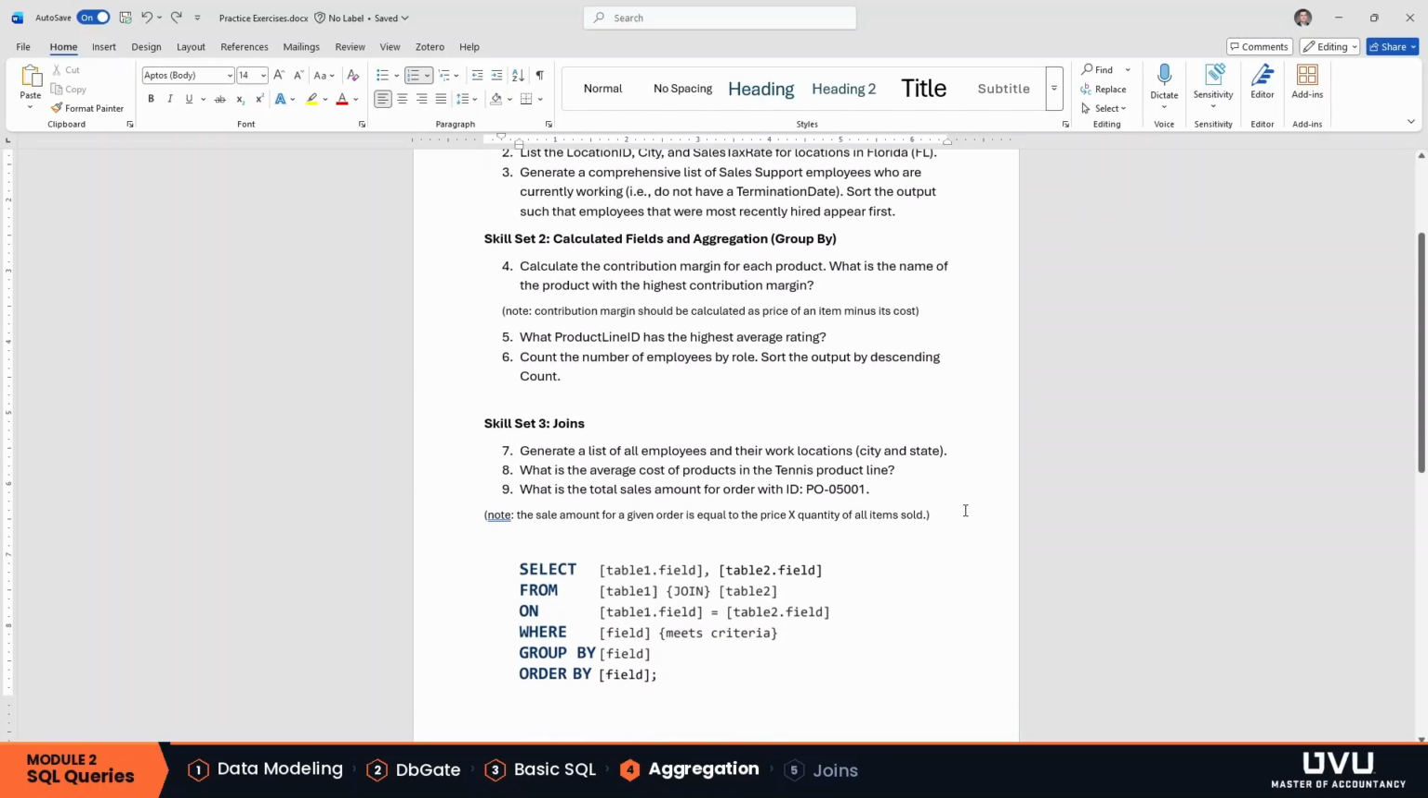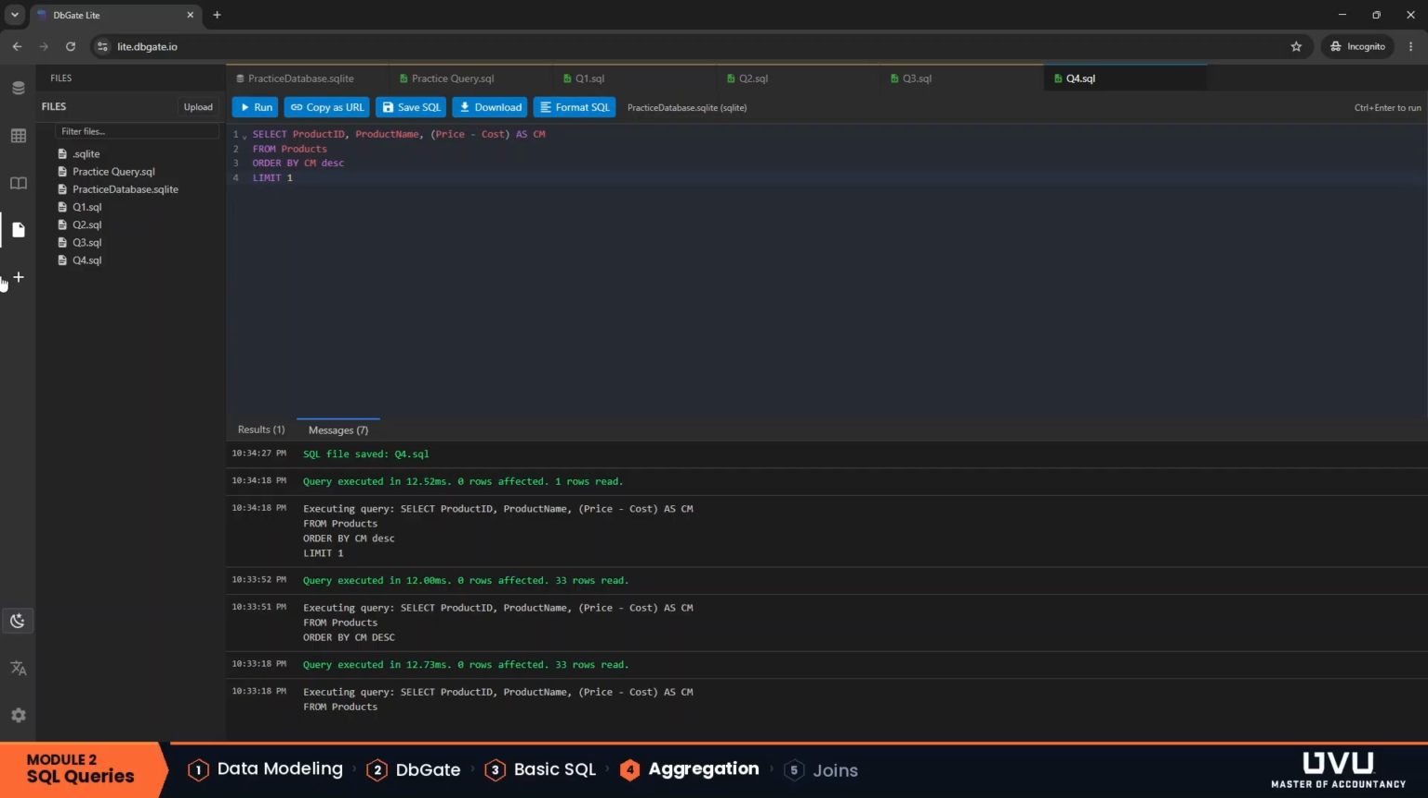Next, in number 5, we need to determine which product line ID has the highest average rating. It seems straightforward enough, but in this exercise, we can't just calculate an unconditional average rating. We need to perform this calculation for each product line ID. So let's add a new query,